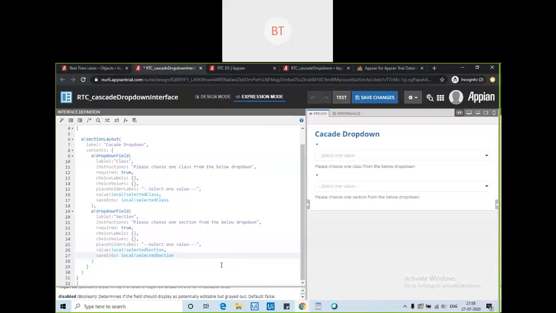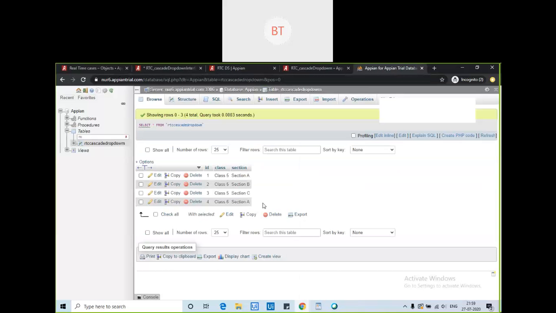So now if you see there is nothing, right? Why is there nothing? Because I have not given anything here. It's null, right? Now I need to put a value here. That value will be coming from the database which we have created in the backend, right?